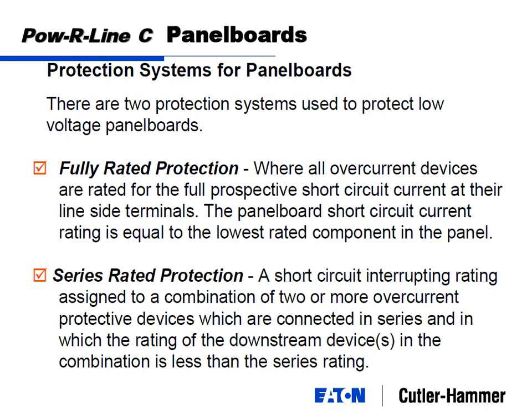Why this makes sense is if I have a 65,000 amp available maximum fault current at a panel board, then my main breaker is rated 65,000 amp, my feeder breaker is rated 65,000 amp, everything else is rated 65,000 amp, and therefore the insulation in the circuit breaker and the beefiness of the circuit breaker is for 65,000 amps. Now a series rating allows you to use your 65,000 amp main breaker with, for example, 10,000 amp rated